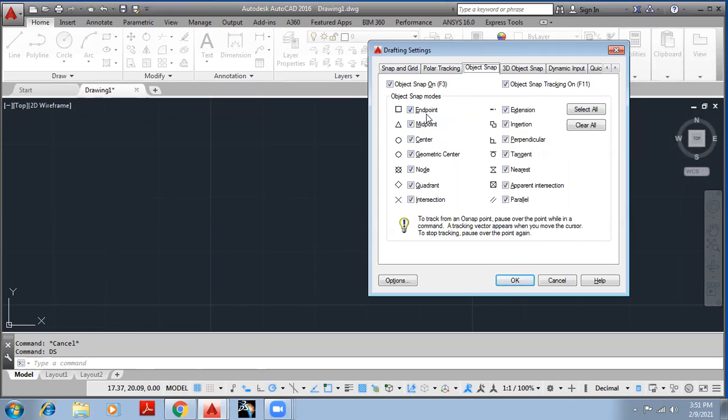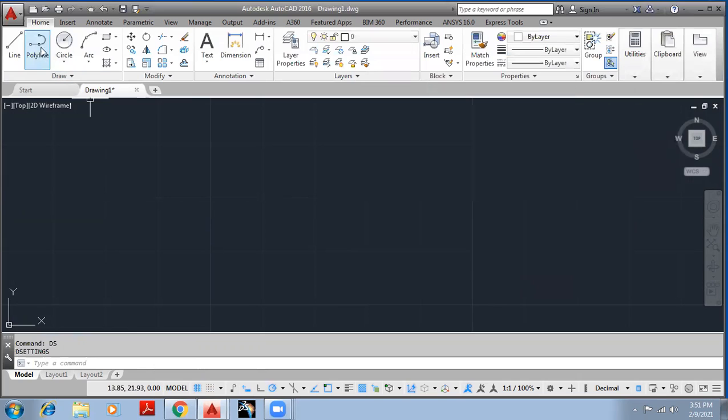For example, at this moment all the object snaps are on, and I am going to draw a circle. Next I want to draw a line whose starting point should be the center point of the already drawn object. If I go to the circle, it highlights a plus symbol in the center of this geometry.